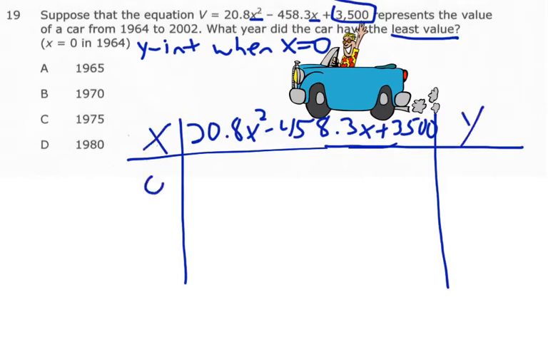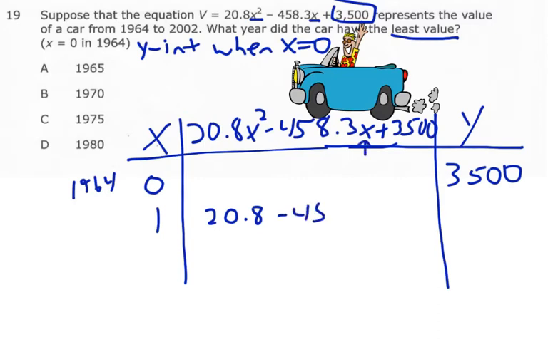Now remember, x is 0 is 1964, and we already know that would be 3,500 if I plugged in a 0 for x. We could plug in a 1, and 1 squared is 1, so that would just be 20.8 times 1, which is 20.8. And then plug in a 1 right there, and we'd get minus 458.3